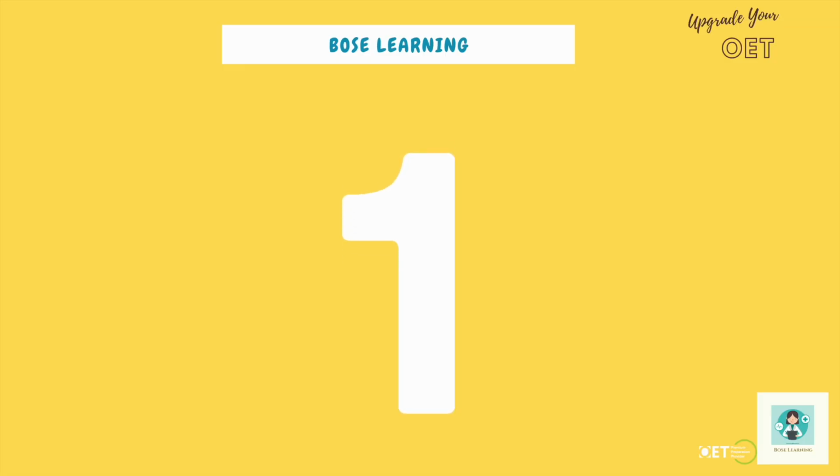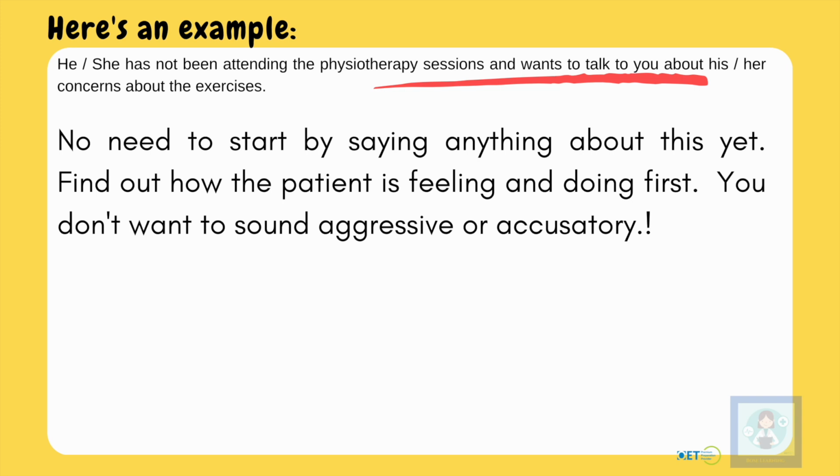So the first challenge, if you remember, was that the patient hasn't been attending physiotherapy sessions. And that's given to you in the background information. But actually, there's no need to start by saying anything about this yet. All you want to do is to find out how the patient is feeling and how they're doing first. So you don't want to start the role play by sounding aggressive or accusatory and say, why haven't you been attending your sessions? Don't do that. Just start by finding out how they are and being gentle,